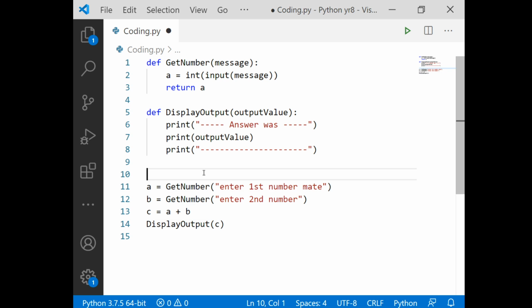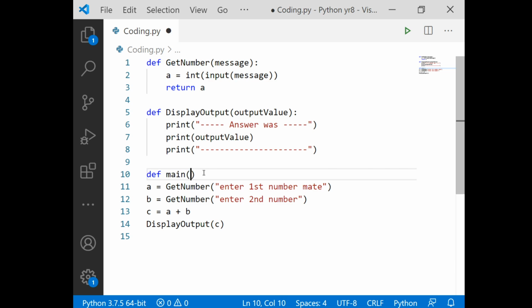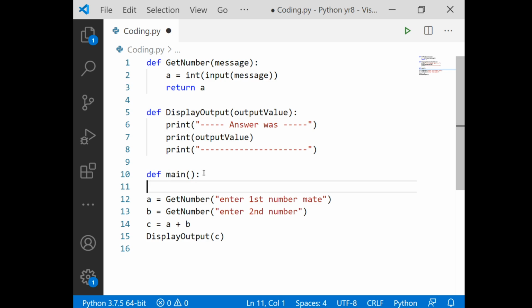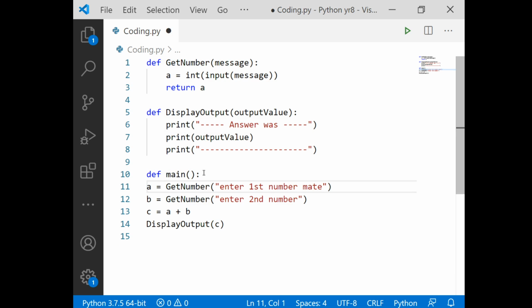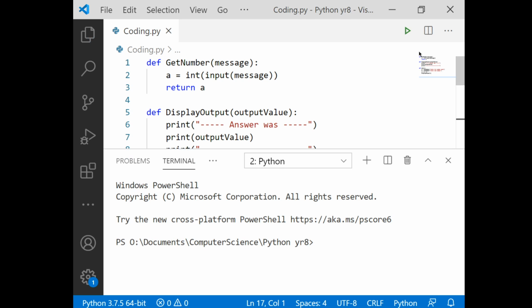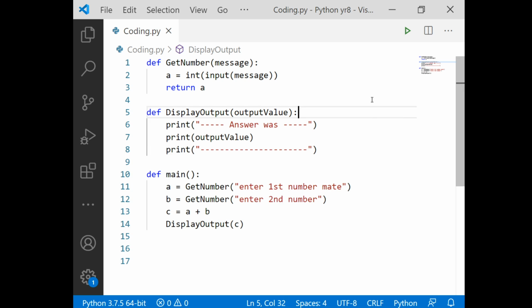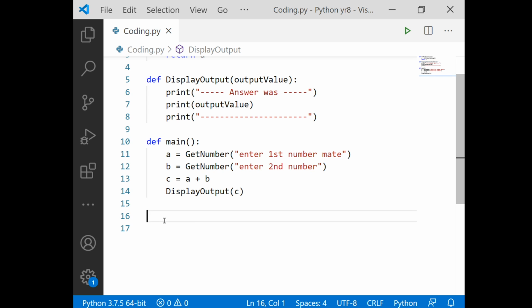So you could argue that this should be in a subroutine. I could create another subroutine here, call it main, and then put all these lines of code in it. I need to indent them though. And then I've got a program that doesn't do anything. It's got three blocks of code that are all in functions. So if I tried to run this, that's the output: nothing. But if I tell it to run main,